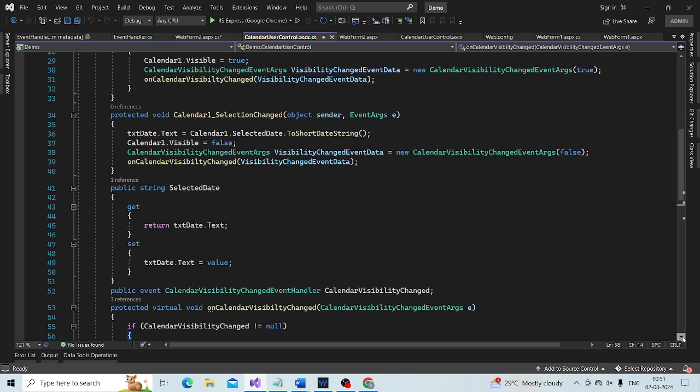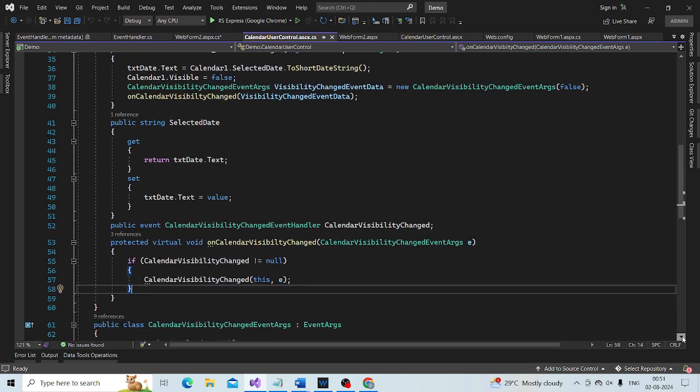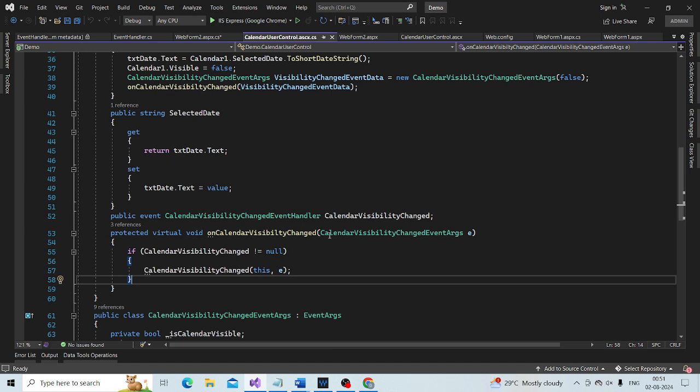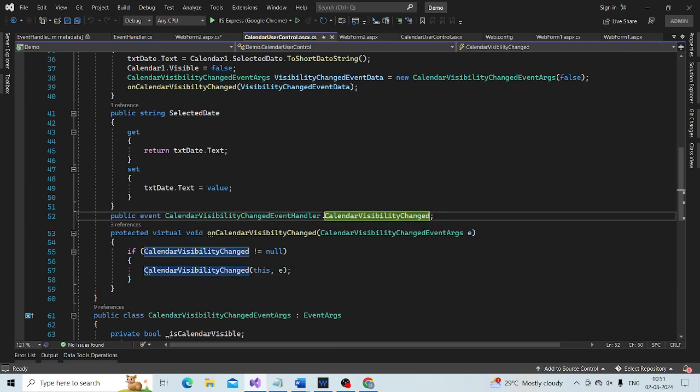Where is it? This one. The name of the event is CalendarVisibilityChanged.